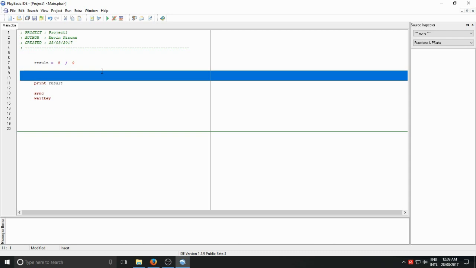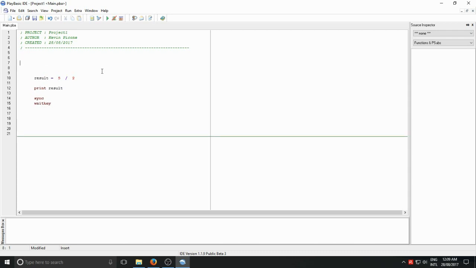PlayBASIC, and actually most traditional BASICs, have adopted a set of rules over time that are unlike C, for example, where when we do a divide, the compiler looks at the value on the left and right hand side of the operator, and if they're both integer, it will do an integer based division and return an integer result, as opposed to if either side is a